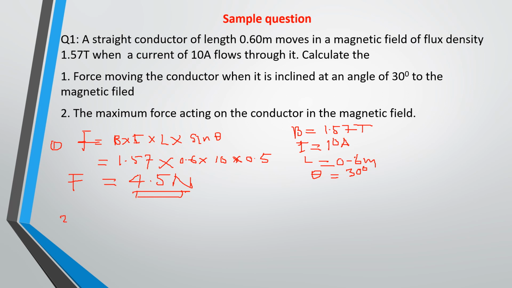Then for the second one, we are told the maximum force acting on the conductor in the magnetic field. Remember, I said that the force on the conductor is maximum when the angle between the magnetic field and the current is equal to what? 90 degrees. So for that second one, it means that theta is equal to 90 degrees. So put it that the force now is equal to